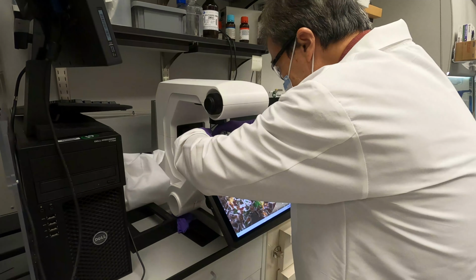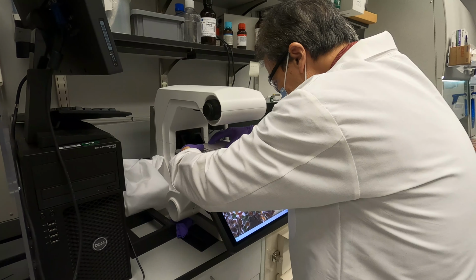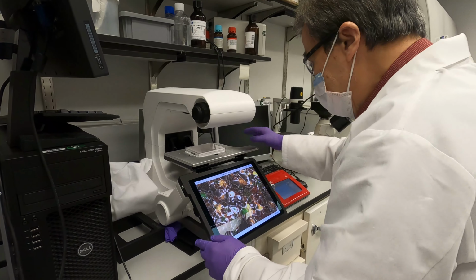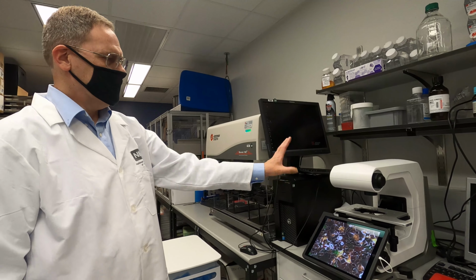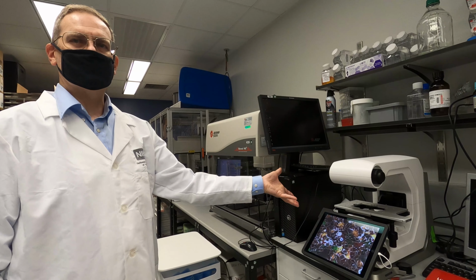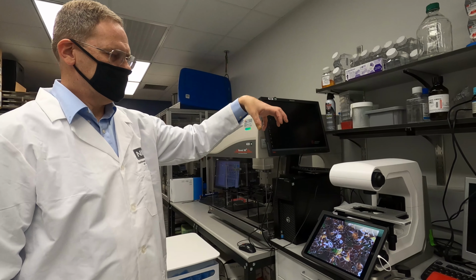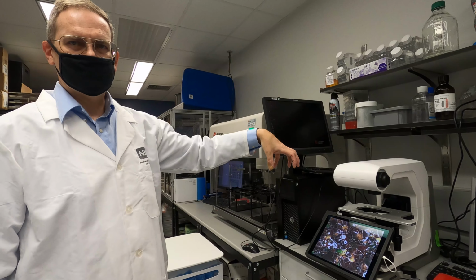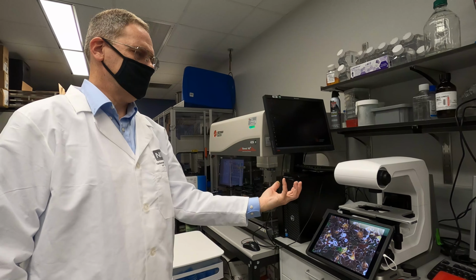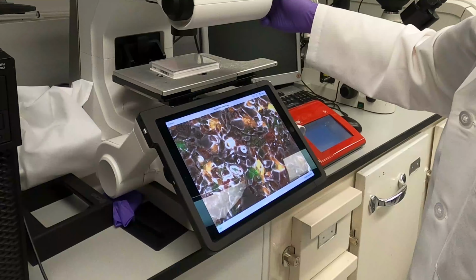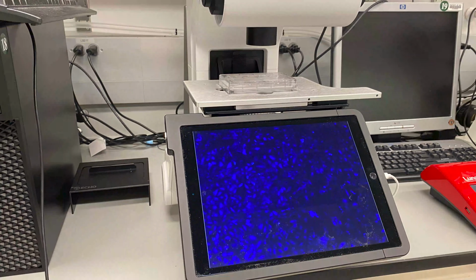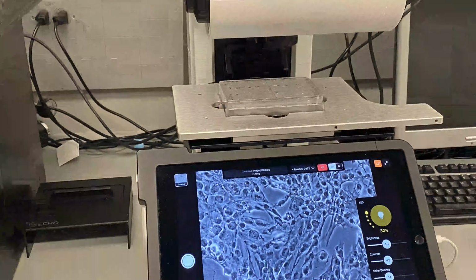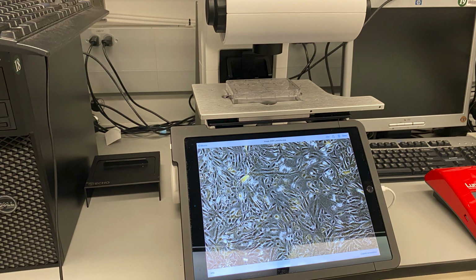Cell culture is highly dependent, of course, on our microscopes. We have here a Revolve microscope, which is so called because it flips vertically like this, so we can look at flasks or slides from the top, or we can look at plates or flasks from the bottom as well. It also has fluorescence capabilities, so we can do fluorescence microscopy, which is important in our knockout and our CRISPR engineering studies.